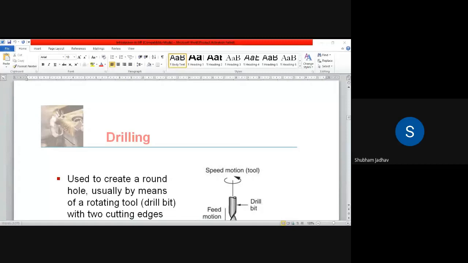Hello? Yes. So, I'll just ask you, what is the difference between, only one difference, only you tell me. Even if you don't know, fine, no problem. No need to be discouraged. What is the difference between capstan lathe and turret lathe? Only one difference. Capstan lathe and turret lathe. Anybody else?